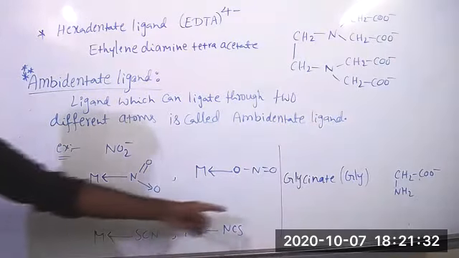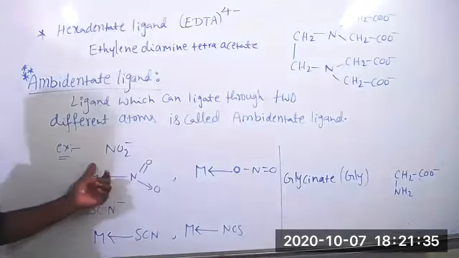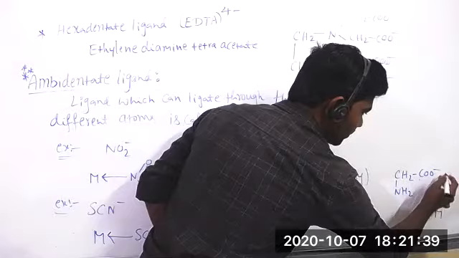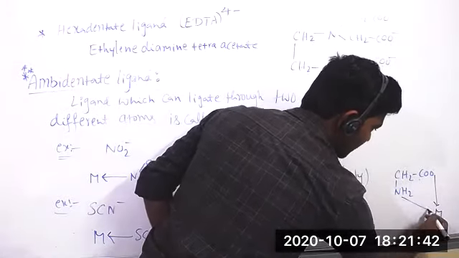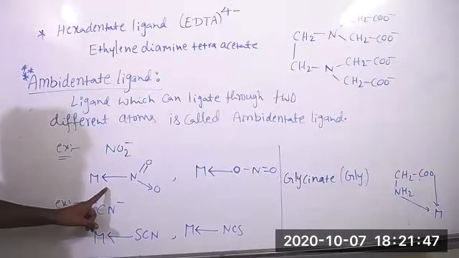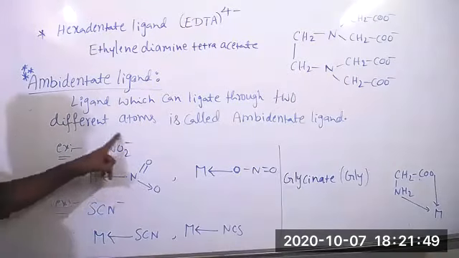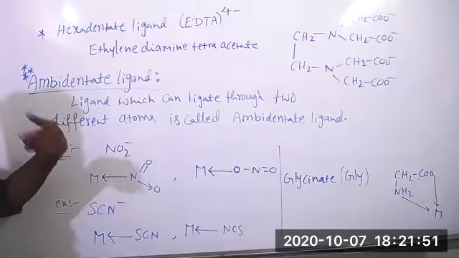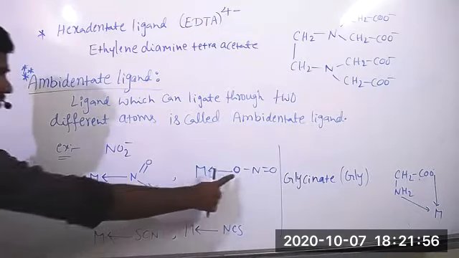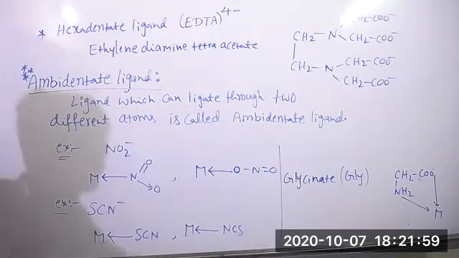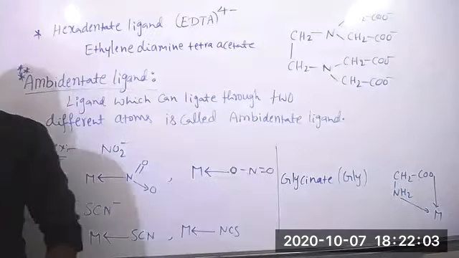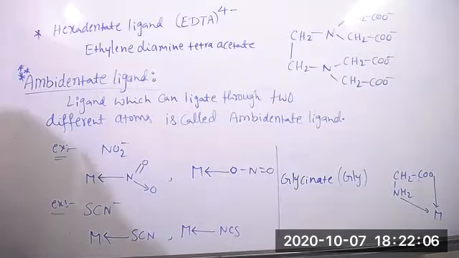Okay, so here observe the small difference between a didentate ligand and an ambidentate ligand. In a didentate ligand, one molecule is able to form two bonds with the metal atom at a time. But here it is forming one bond only, though the molecule has the ability to bond through two different atoms. Sometimes it bonds through nitrogen, sometimes through oxygen, but at a time forming one bond, not two bonds. A didentate ligand forms 2 bonds with a metal atom. Okay, this is about ligands.